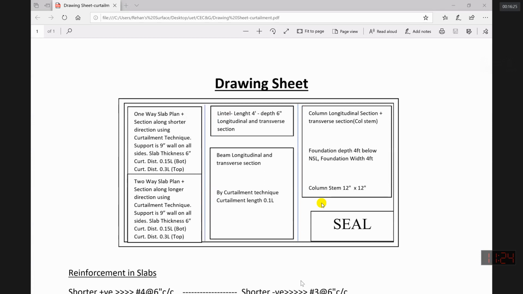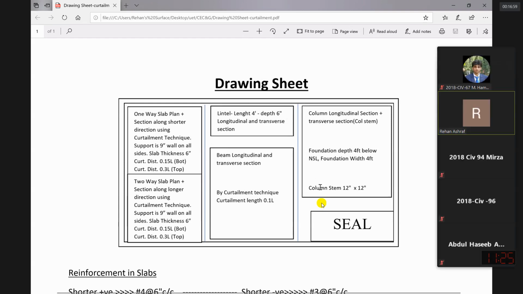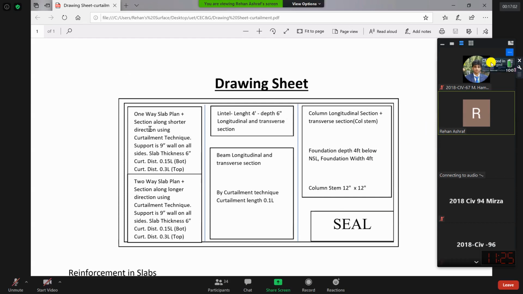Now, basically, you do not have to show the reinforcement on the framing plans because it would be quite difficult at this stage. You only have to make this drawing sheet as an assignment for the reinforcement drawing. In this assignment, look, there are three parts. First column is the drawing of the slab. Second column is the drawing of the beams. And the third column is the drawing of the column. And we are talking about reinforcement drawings.